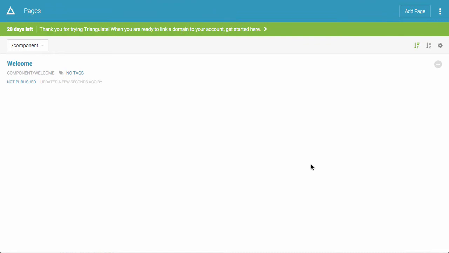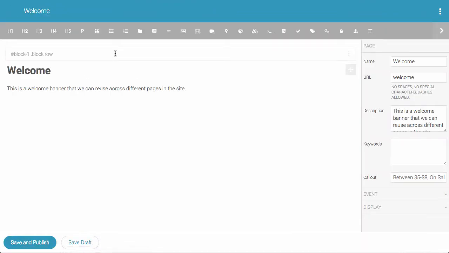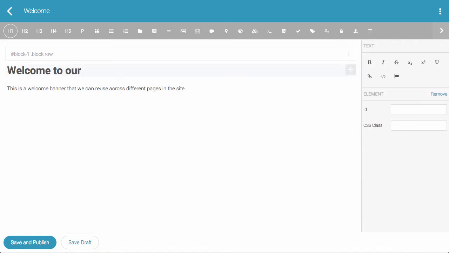Alright, so now that we've created the component, I'm just going to go in and add some basic content. So I'm going to say welcome, welcome to our site. And this content's fine, so I'm just going to hit save and publish, and what this is going to do is essentially create a page in our site. But since we're not directing any URLs to it, it won't be publicly accessible outside of including it in other